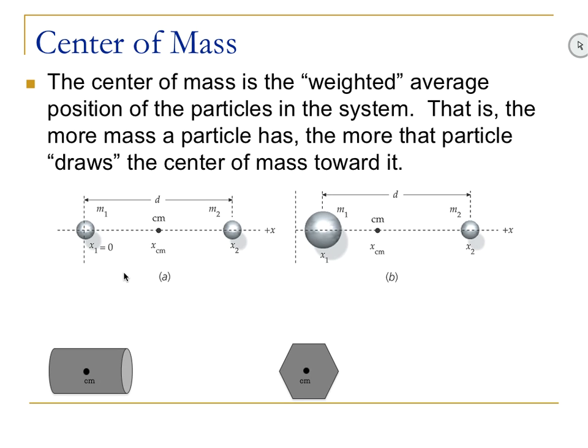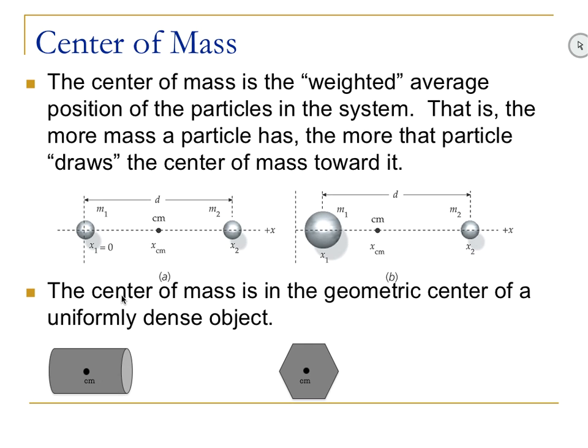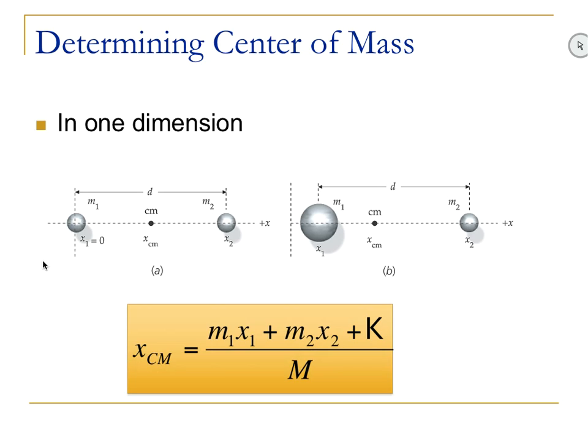Well, if we're talking about the center of mass as being the weighted average position of the particles in the system, then we also can use an equation to solve this out. So in one dimension, this is what you want to write in your box right here, Ashima. You want to write that in the x dimension, which is right here. I can find the center of mass for any object if I know this mass and I know this mass,